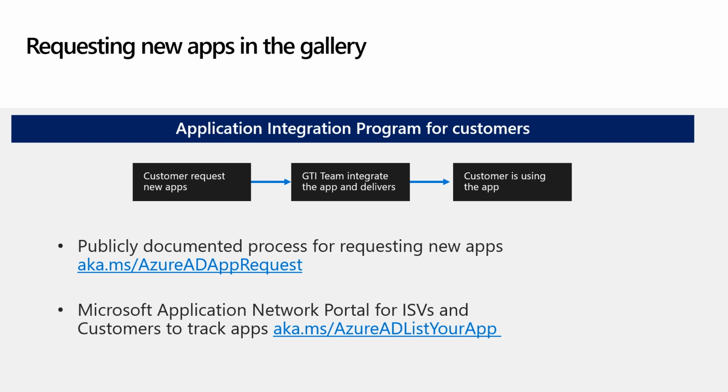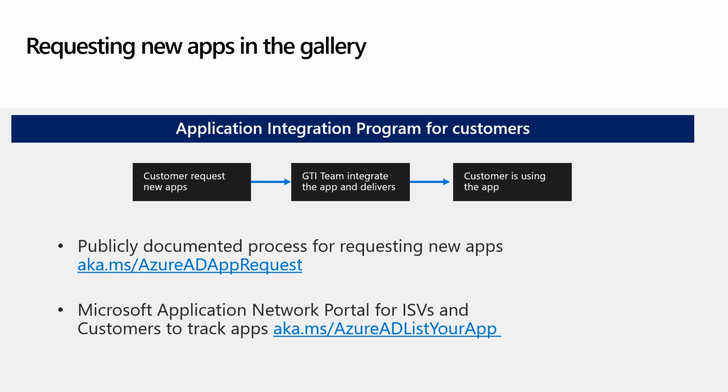As I explained, there is a program Microsoft runs called the Application Integration Program for our customers, where you as a customer can request different applications into the app gallery. Our Go to Integration team receives these requests and works with those vendors to get them added into the app gallery after we test these applications. Once the application is available in the gallery, you can utilize the single sign-on and user provisioning features associated with that app. There is a publicly documented process for it, so just click on the link